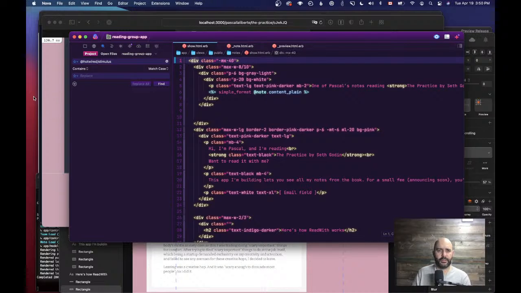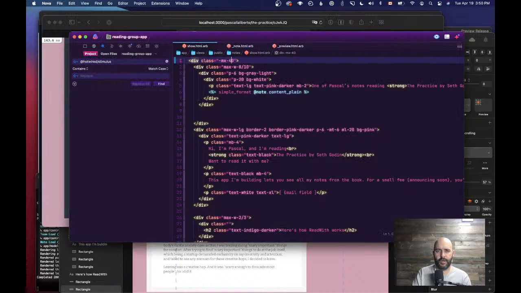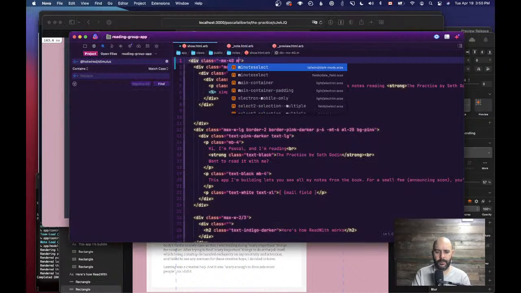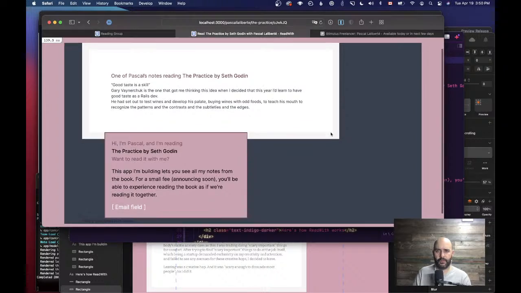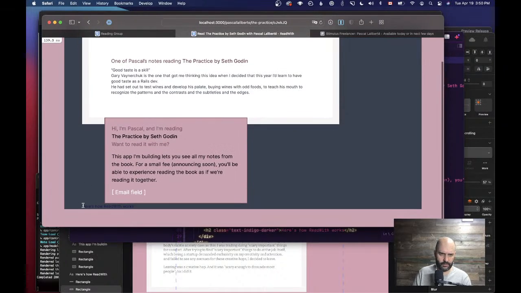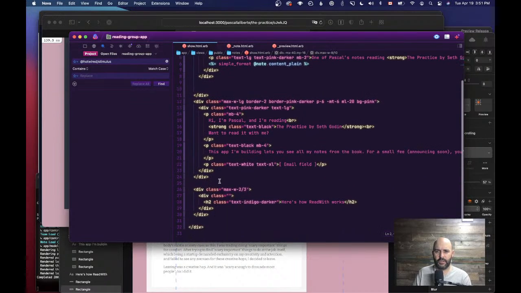Okay, this should be X. And the top and bottom should be 16. What if I remove this and that? What if I remove these ones? And I go,